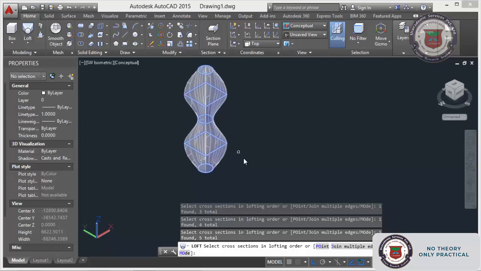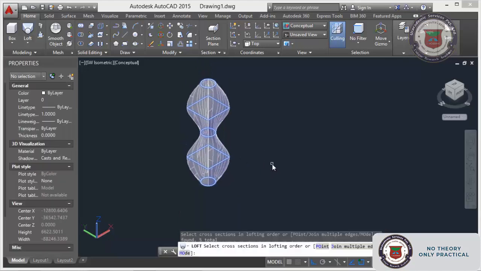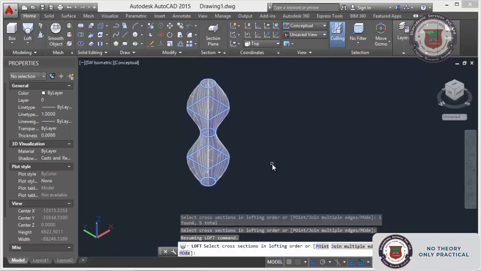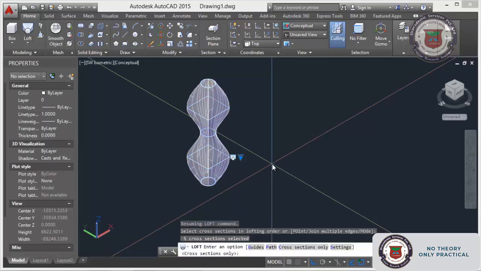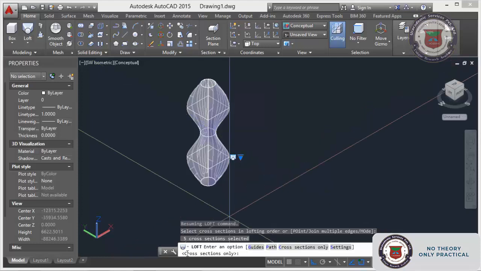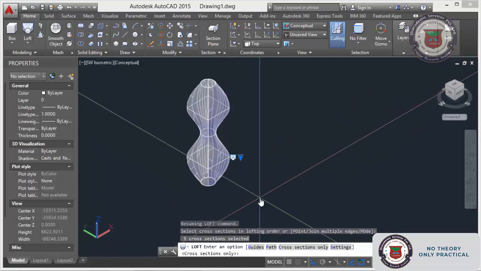See how it looks. Then enter. It will ask you for guide, path, cross section only and settings. There are 4 options. Right now we are doing cross section only, that is the primary. Between the two symbols, greater than, this is the cross section only, the standard one that normally comes.